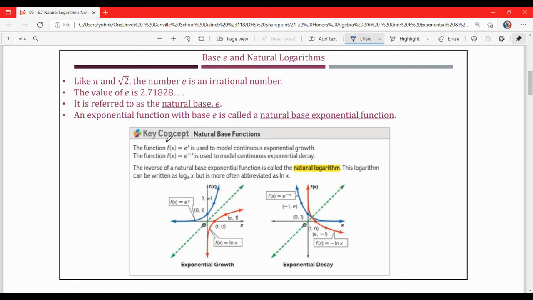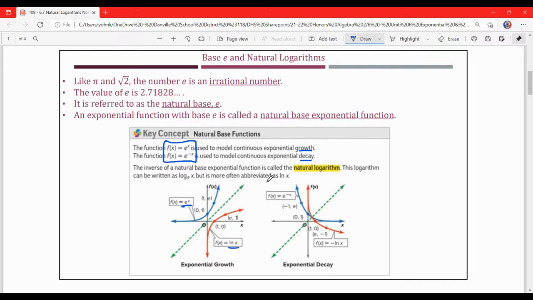So we're going to be looking at things like these, f of x equals e to the x, f of x equals e to the negative x. And based on whether that x value is positive or negative, we'll be looking at growth or decay. Now, just like exponential functions have an inverse in logarithms, natural base exponential functions have an inverse called the natural logarithm. So e to the x's go with ln x's, and anything else that has a different base can go with